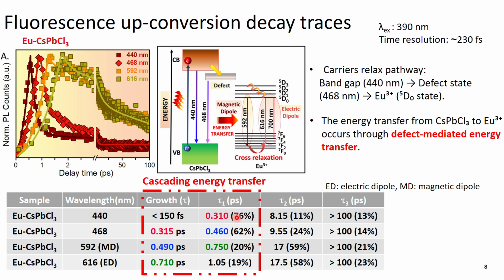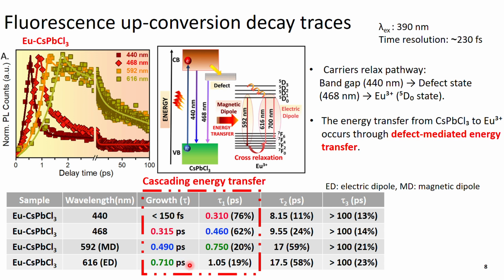So we see the red and the blue and the green. We see first is the red. We see the bandgap decay is matched with the defect state growth. This matches, and the blue, these two, this defect state decay is matched with the MD transition growth, and this decay is matched with this ED transition